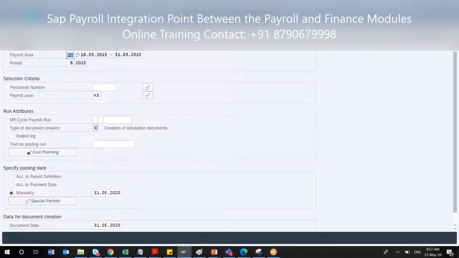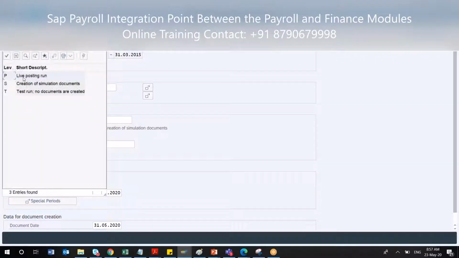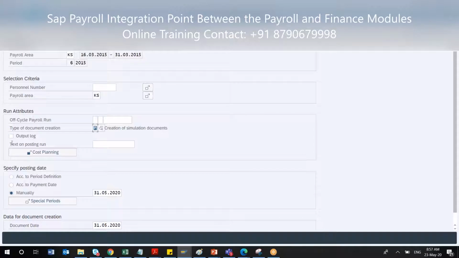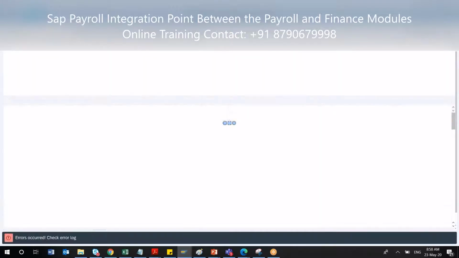After the simulation run, you'll do the actual run. Suppose I'm doing an actual run. Now it will definitely give an error. Suppose I'm choosing the output log. I'm expecting an error here. So let's run the document. It will generate a document and we will see. Once you've chosen the log, you can understand it in a better way.